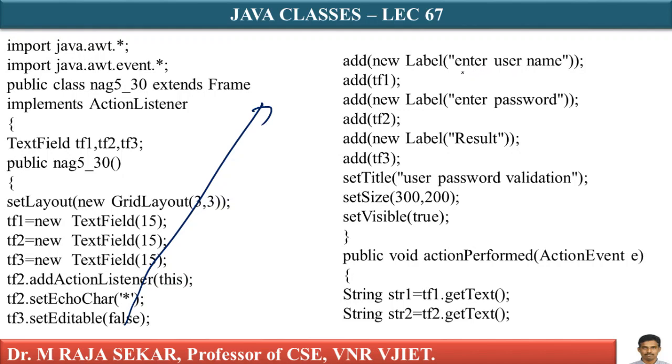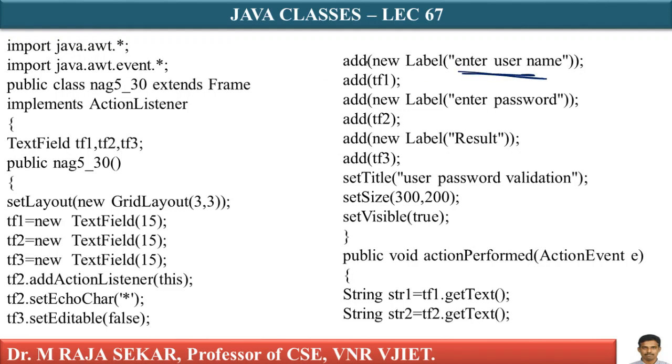What is the meaning of this? An anonymous object label is created, and what is that label name? Username. This particular object is anonymous. How can I say anonymous? Anonymous means I am creating an object without a name. Just what's the label for that particular object? I am creating a label with what?